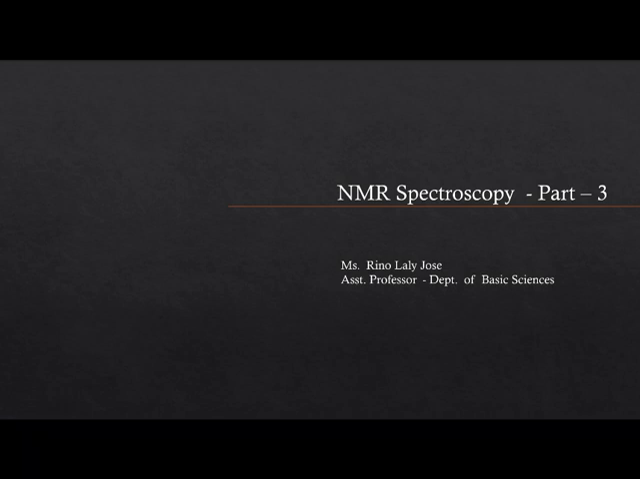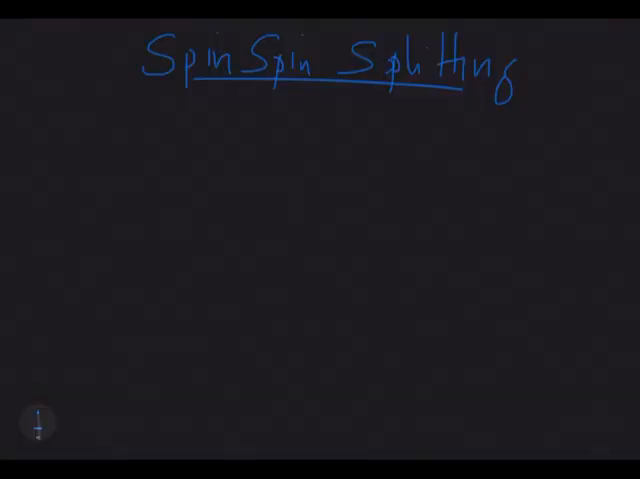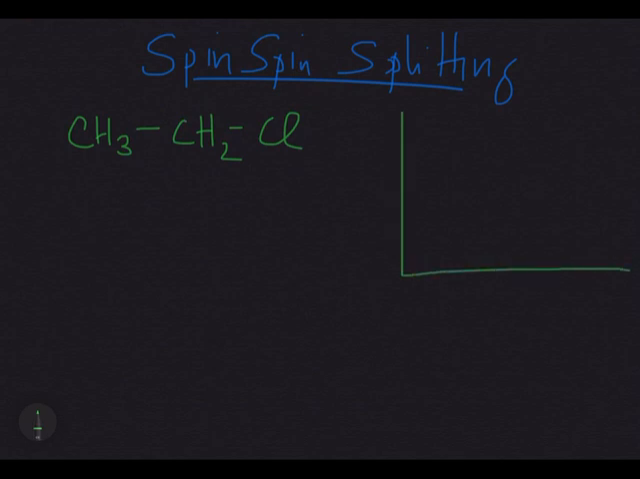This is the third part of my video lecture on NMR spectroscopy. Today's topic is spin-spin splitting. Consider the NMR spectra of the compound chloroethane, CH3CH2Cl. The NMR spectra is,